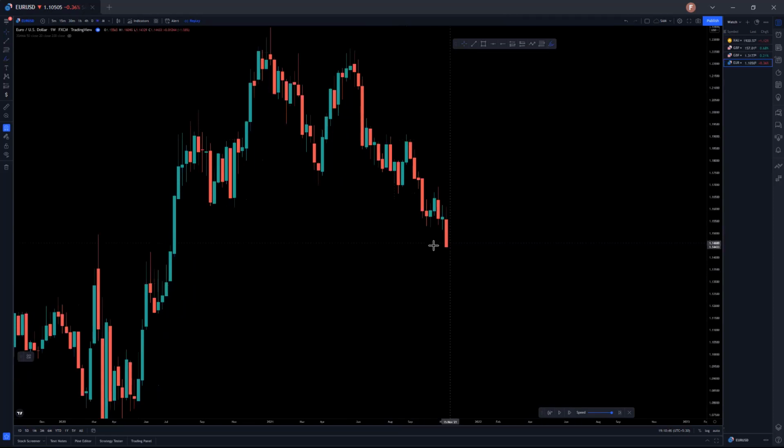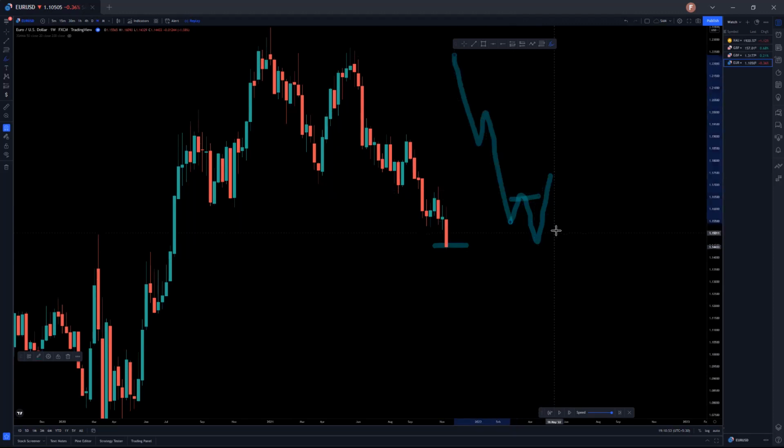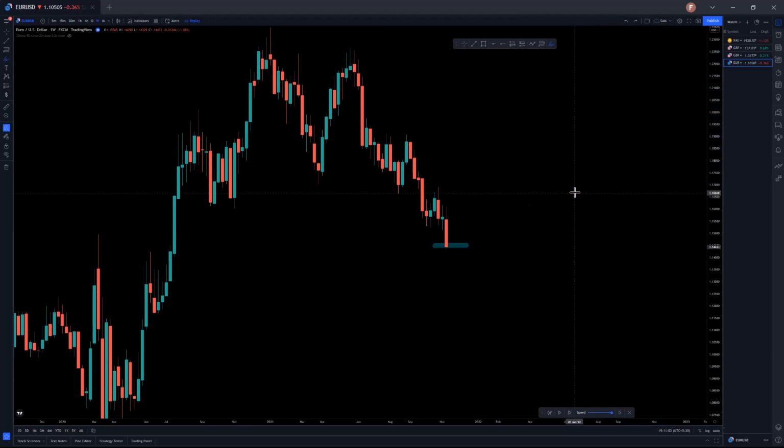Suppose you are here, and maybe the 1 hour is showing you some kind of structure, and you will be like, all right, we can go bullish, and you will be thinking, I'm going to buy it. But if you know that next week can be bearish, next month can be bearish, next couple of months can be bearish, then you're prepared. There will be some kind of pullbacks, and then you have to ask yourself whether you want to be a part of that pullback or you want to trade according to the move that you are anticipating.